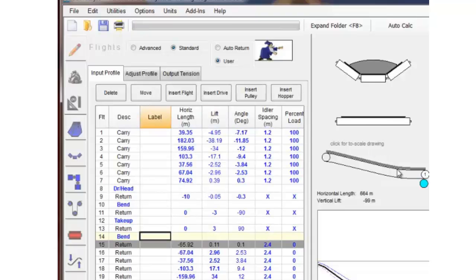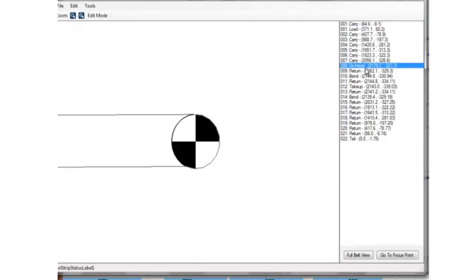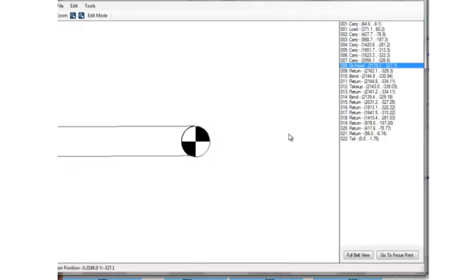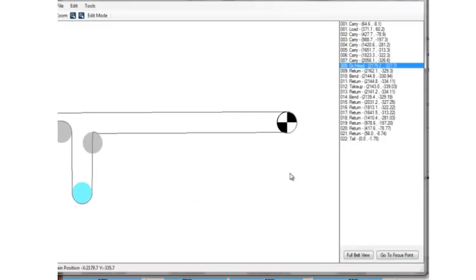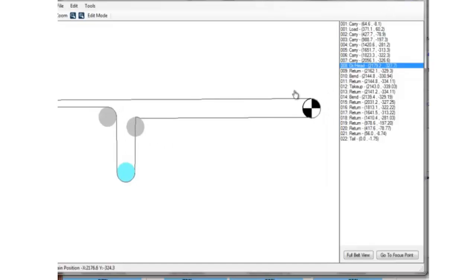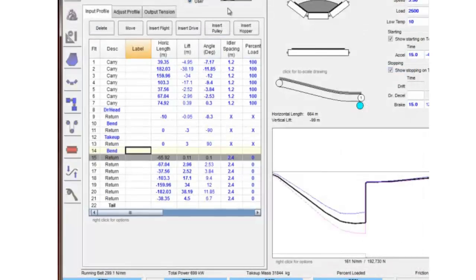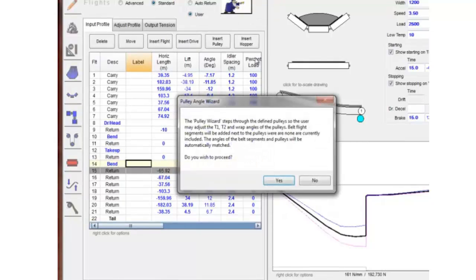And now if I right click on the drawing and look at the 2D profile of the drive area and the take-up area, you can see I have somewhat correct configuration, not quite correct. If I want to make that exactly correct, I can come in here to my pulley wizard profile,